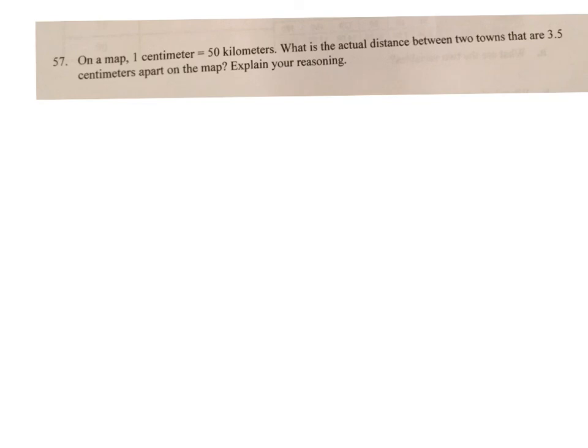Number 57 will be the last one for this video. There will be other videos for the rest of the questions. On a map, 1 centimeter equals 50 kilometers. What is the actual distance between 2 towns that are 3.5 centimeters apart on the map? Explain your reasoning. So we have 1 centimeter